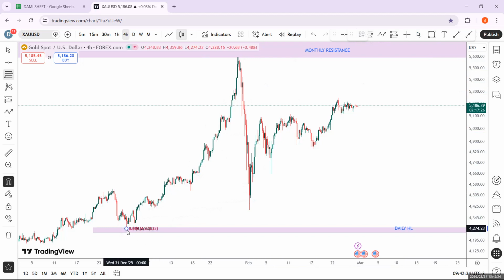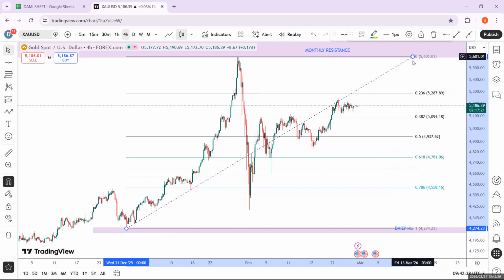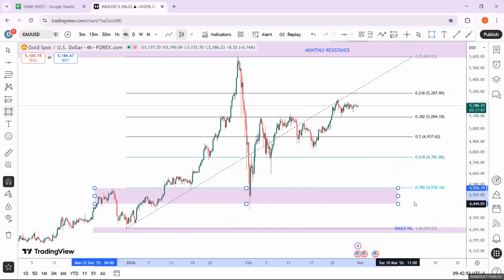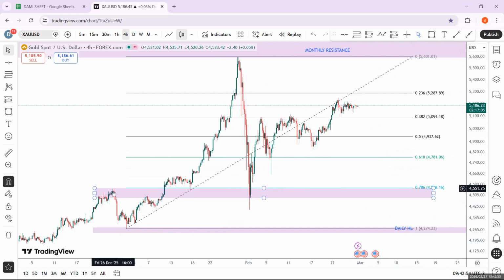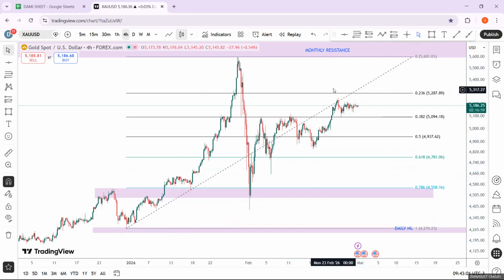So what are we going to do? We will now bring out our Fibonacci from the low point of where the sequence started to the high point. We can see the 78.6 written right here. Then beyond the 78.6, in order for us to know if that area will truly hold, we'll look for a resistance level right there. So we can see a resistance at 78.6.